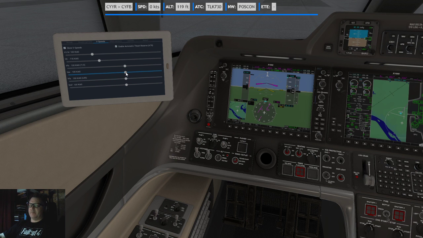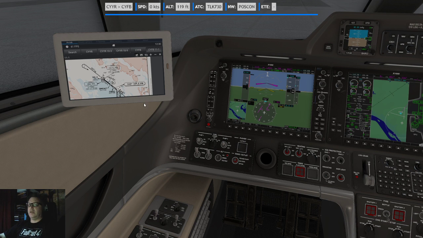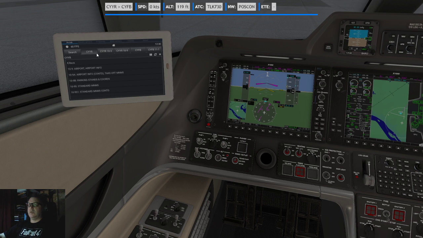So I am sorry, not sorry, if those break your immersion. And VFS, yeah, let's go. Excellent. We got our V speeds, and we're good to go.